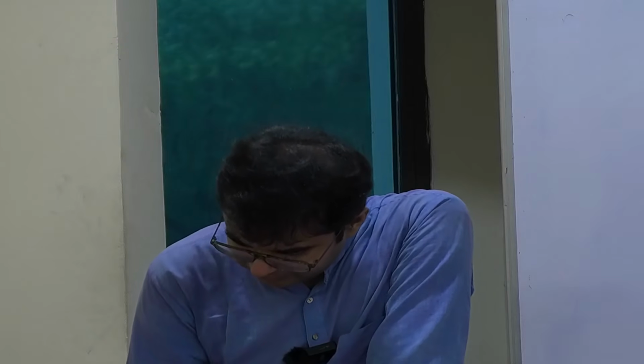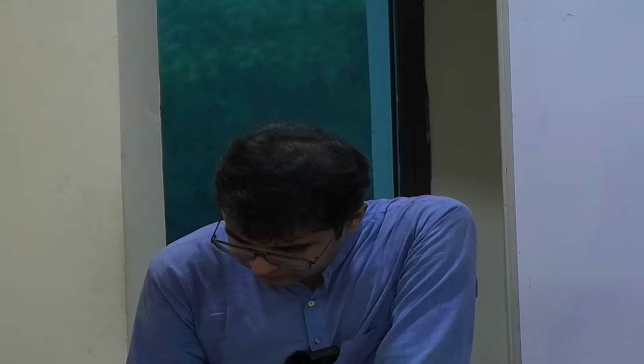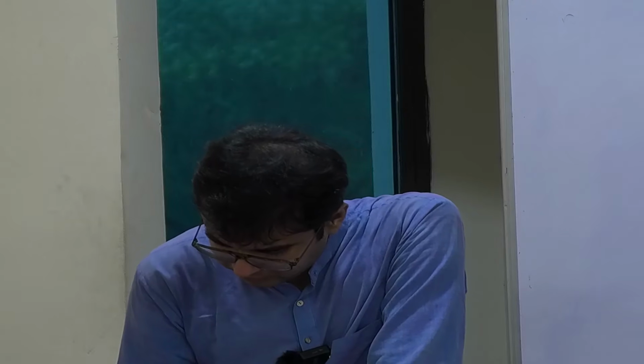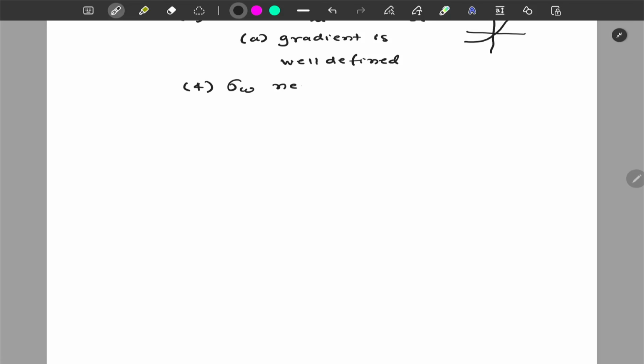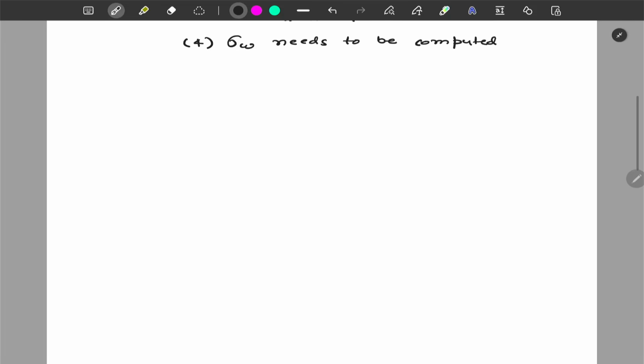The last point is that sigma W needs to be computed, and our philosophy is going to be, I mean, you can come up with another philosophy. Maybe there is another aspect you can look into, and maybe you can design another way of finding sigma W. But this is a reasonable philosophy, that it should not blow up. So it needs to be computed, and the philosophy is going to be